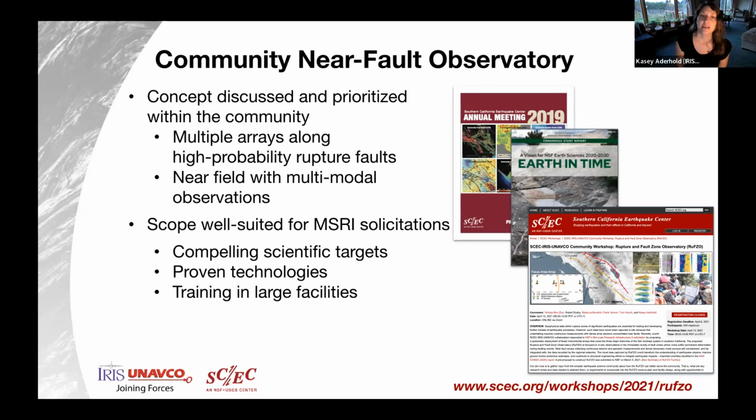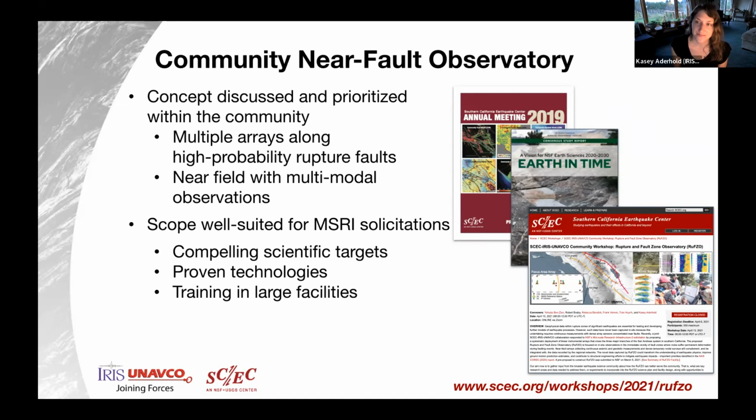Geophysical data collected within rupture zones of significant earthquakes are essential for testing and developing further models of earthquake processes. Focusing on in situ observations in the immediate vicinity of fault zones, where rocks suffer permanent deformation during faulting events, could transform the understanding of earthquake physics, improve ground motion prediction estimates, and contribute to structural engineering efforts to mitigate